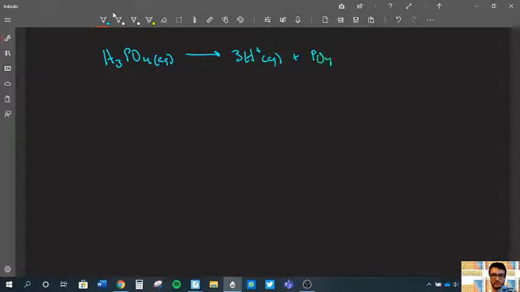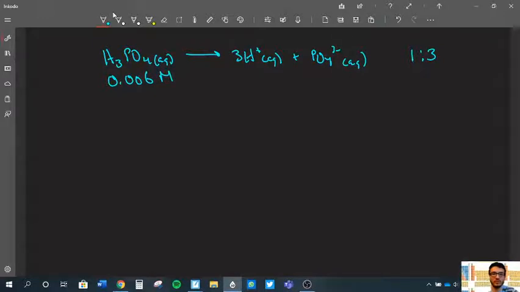Okay, so let's write the ionization or the dissociation equation of H3PO4. Okay, it's aqueous, meaning it's inside water. It will dissociate to look like this. Okay, the important ratio here is between your acid and your hydrogen ion, which is a 1 to 3. Right, so the question says that we have